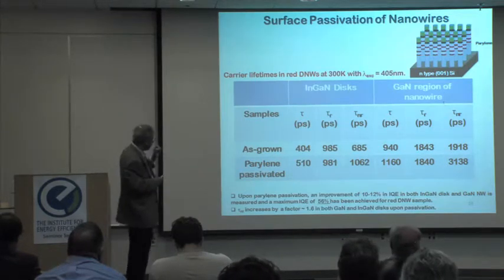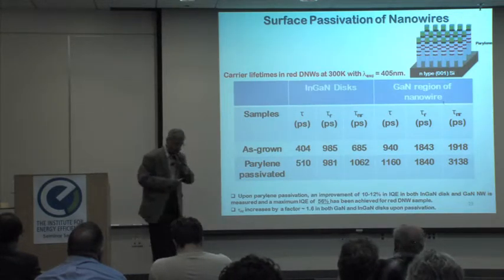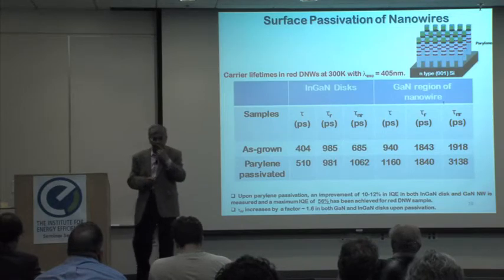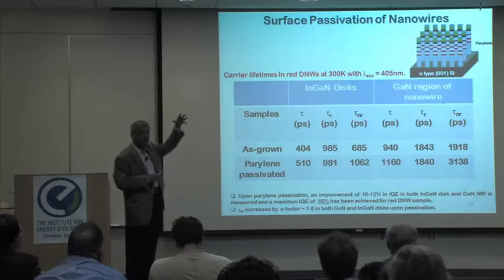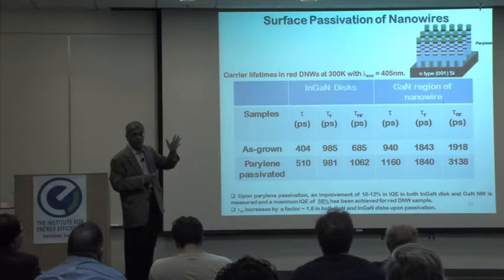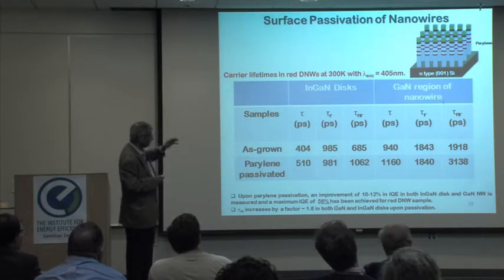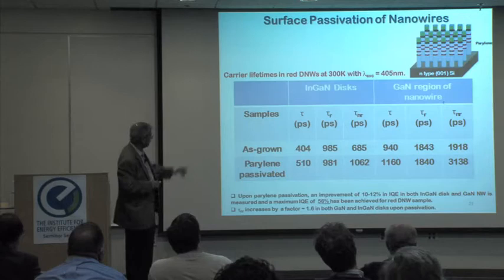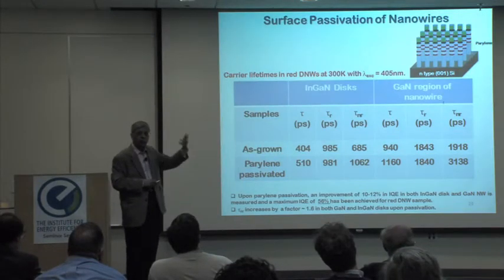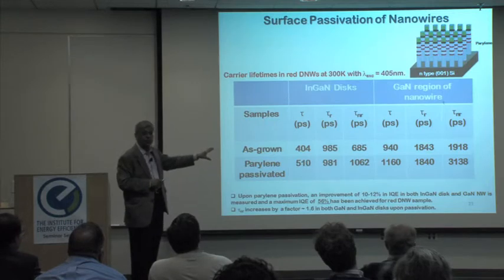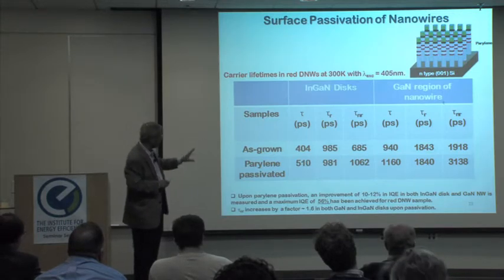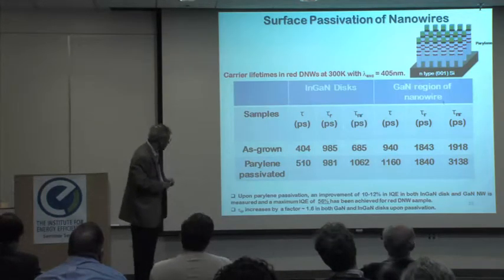Parylene is a dielectric, it's a polymer with a refractive index of 1.66, and it works very well. We use a physical vapor deposition technique, sputtering at room temperature, and it conformally covers everything, and it's good. As you'll see, it's very useful when we actually make devices. And with the parylene passivation, we can enhance the quantum efficiency by another whopping 12%. So we are now at about 56-57% for these nanostructures,